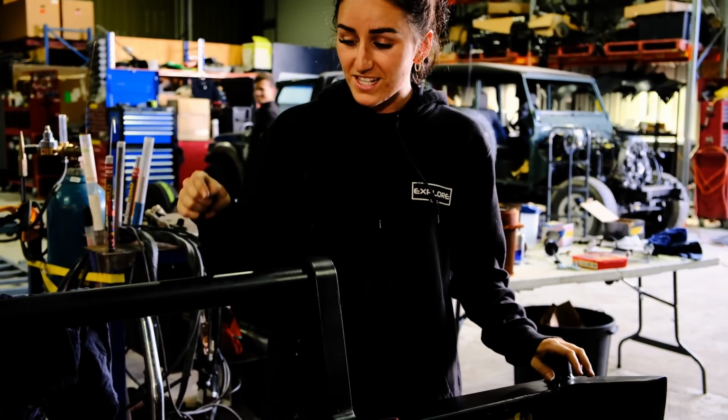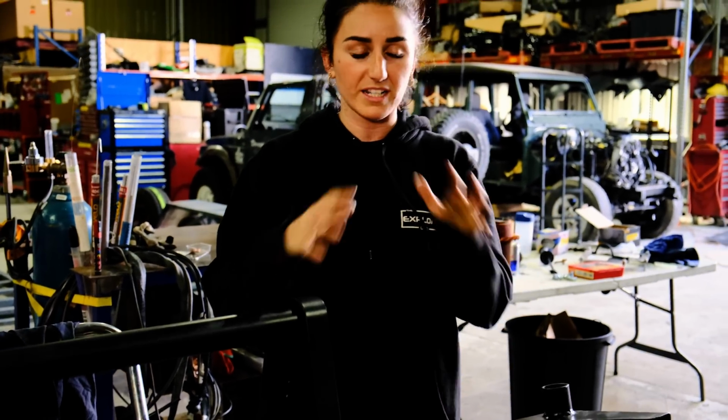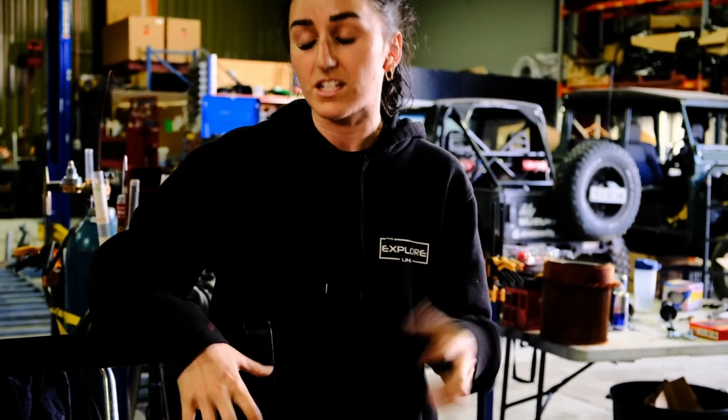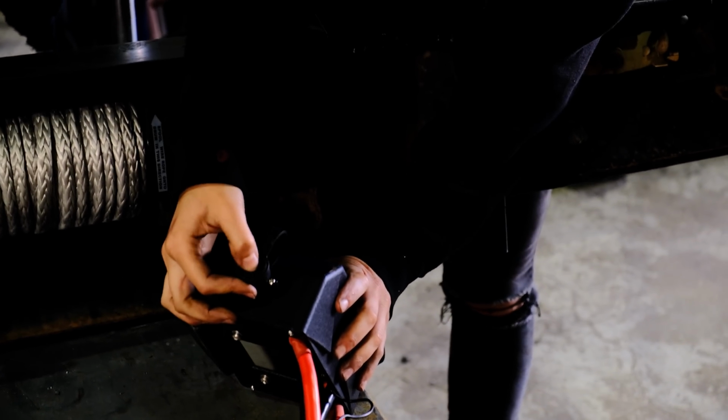The winch is on. Number plate is on. The bar is painted. It's ready to go on the car. We had to make brackets, blah, blah, blah. It was a long story, but now we're here. The control box for the winch, it's pretty tight. To be honest, it should probably be mounted on the outside, but that's disgusting. So considering this car is the most attractive thing you've ever seen, we have to figure out a way to make it work. So we're going to mount it sideways, but to be able to get to the remote plug,